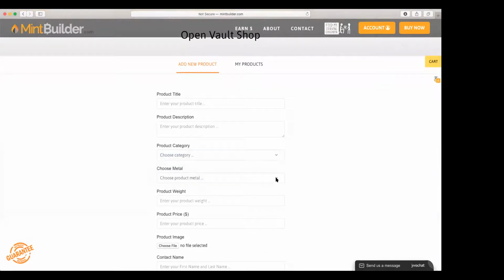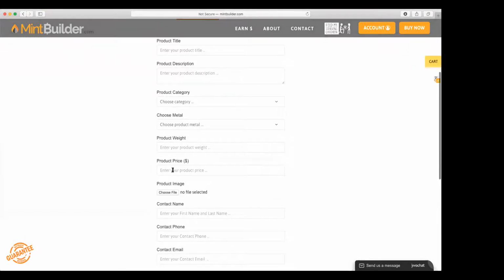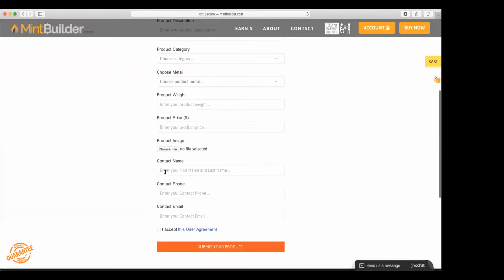I'm so excited about this, hey guys. I can't tell you, we've been working on this for a long time. You choose which metal it is, put in the weight, the price you're asking for. It's not an auction, but it is a sell shop, and people can offer you different prices if they want to, kind of like Let Go, if you had heard of that app. You choose the image you want to download, your name, your phone number, and your email, and then accept a user agreement again before you list it,